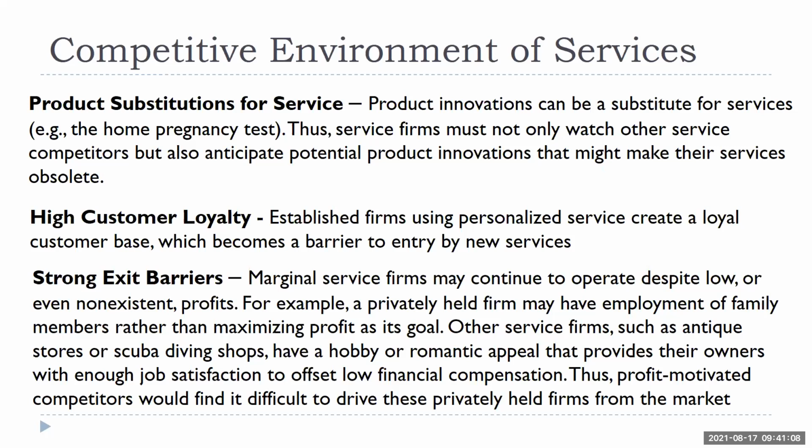The last one is strong exit barriers. Again, it might not always be true, but I do believe that most service firms will have low or weak exit barriers. That means if I want to close shop, because not a lot of capital investment is there, I can just close my shop. Barber shops, a small physician, not a big hospital obviously,